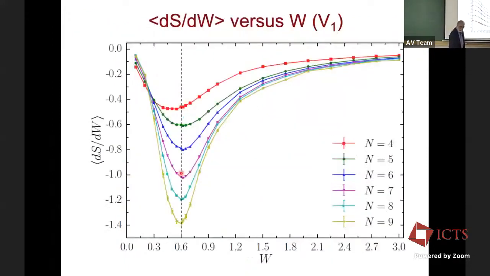Okay, and that's the data when you take the derivative for 4, 5, 6, 7, 8, and 9. So this is dS/dW average. Okay. Why should this be? Well, I don't know, I haven't done the mathematics for this one, but I can try and draw an analogy and try and convince you that it is something that's worth looking at in a transition, okay?